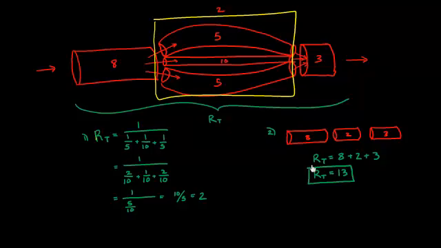So that's the answer to this problem, and what I want to get you thinking about is total resistance for the body, the human body, which has obviously more than just a few vessels like I have in this diagram. You have literally thousands and thousands of vessels,